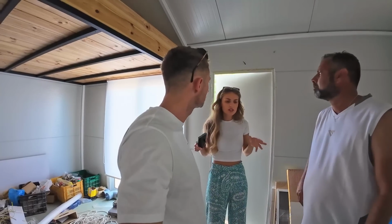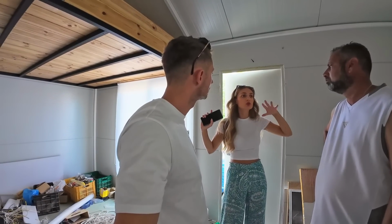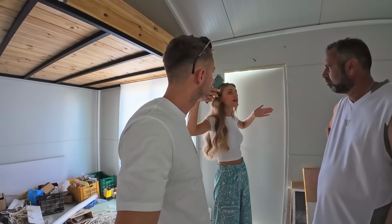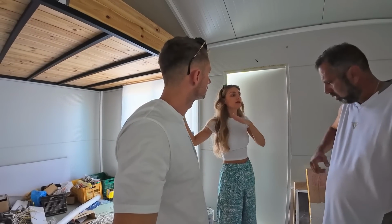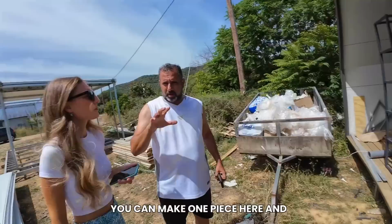Because we were thinking we need more space and we would rather get less things inside. Maybe we can do these things after. No, but have a bigger space, maybe put two next to each other so we can have living room and separate bedroom. Come, I'll show you something different now. You can make one piece here